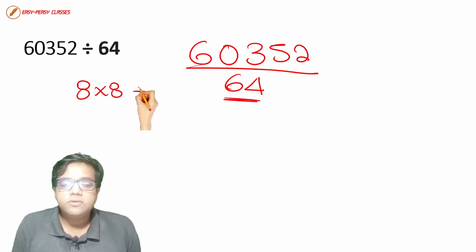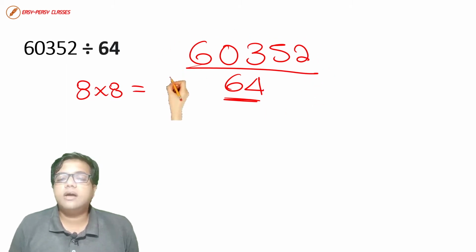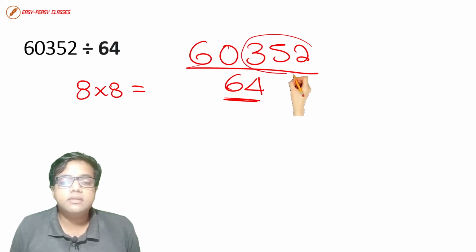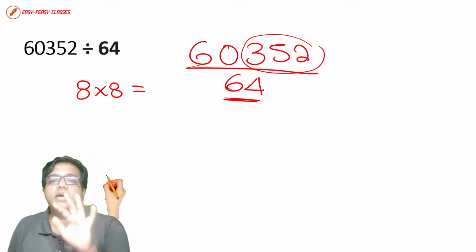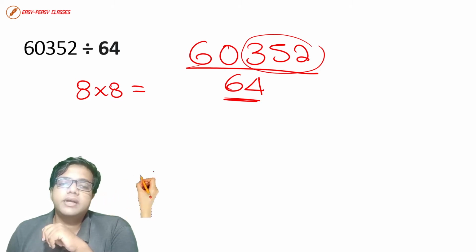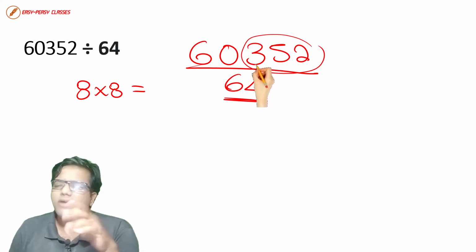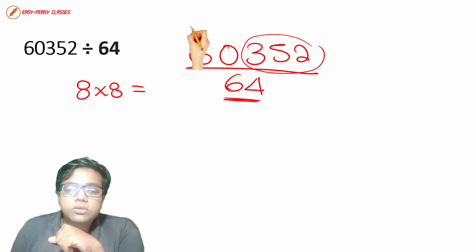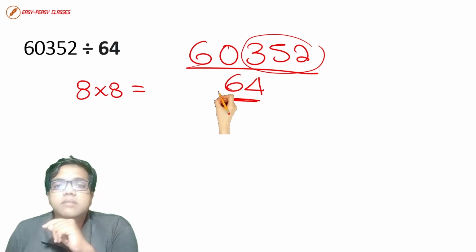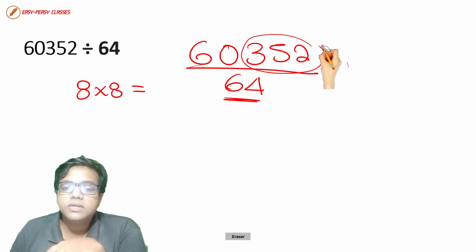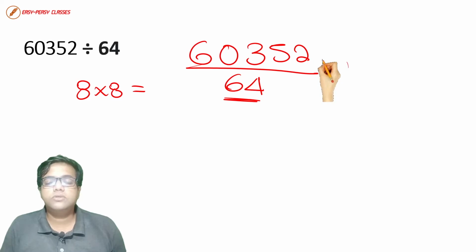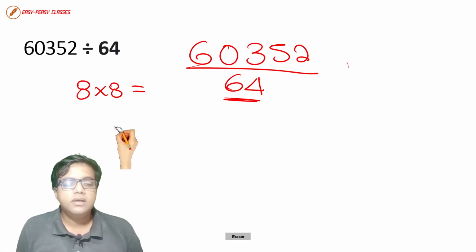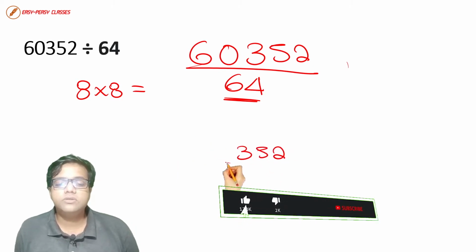8 8s is 64. So in order to check whether the above number is also divisible by 8 or not, what we need to do? We need to check the last three digits. If it is divisible by 8, then the whole number is divisible by 8. Why are we doing this? Can somebody tell me? We need to divide both the top part and the bottom part with the same number. We can't do it with different numbers, okay? You should remember this. So 352 is there on the top part. So let's see whether the number 352 is divisible by 8 or not.